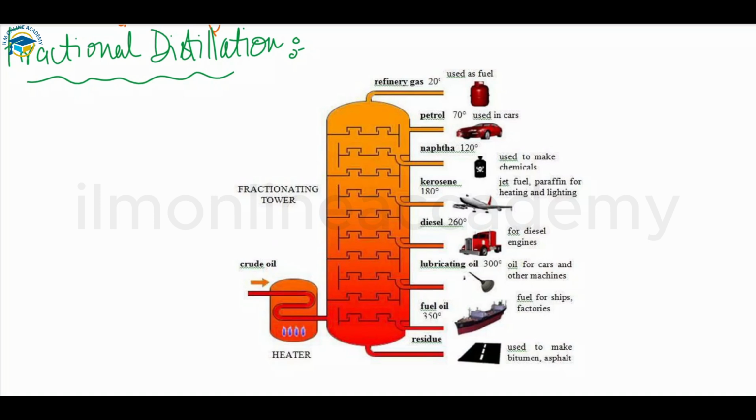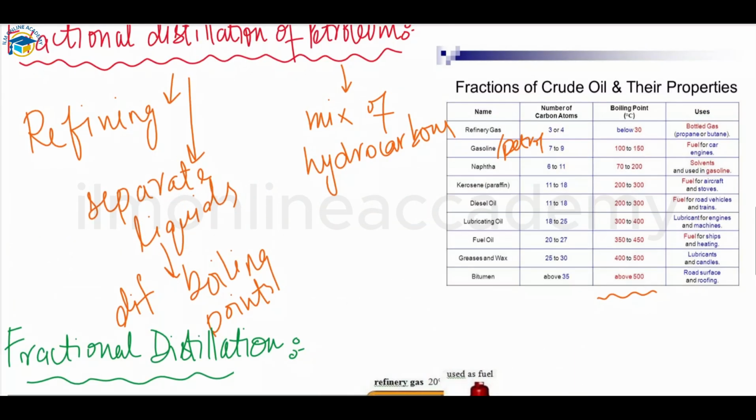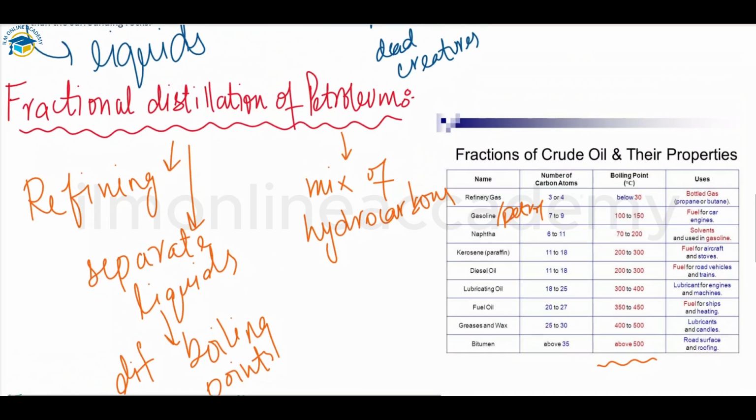At the refinery, petroleum is separated into different groups of hydrocarbons that have different boiling points, as you can see here in this table. They are separated based upon their boiling points, which are roughly related to the number of carbon atoms in the chain length. As the number of carbon atoms increases from top to bottom, the boiling point also increases because of the increase in